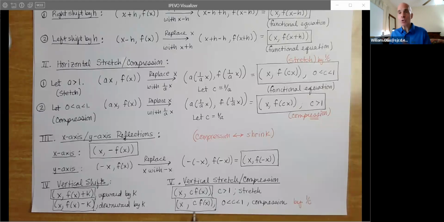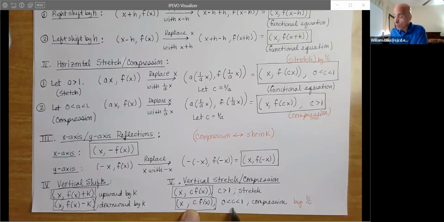Likewise, if I want to compress vertically, I can multiply the Y coordinate or the function value by a number between 0 and 1, say 1/3. So the idea here is